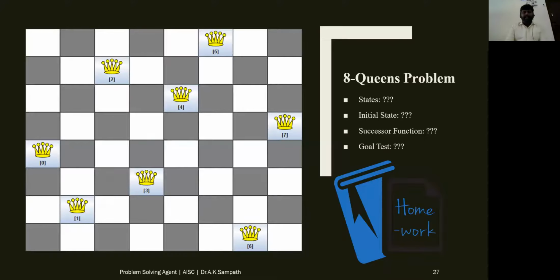Now, I'll give a homework for you. Again, it's kind of an assignment. There is no formal assignment, but you can think of it. This is a checkerboard where you have 64 boxes. What I need to do is place all the 8 pieces, where there should not be any intersections. But if I consider, suppose I'm placing this one,